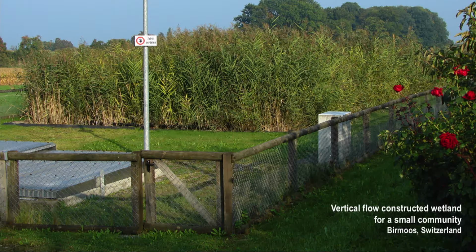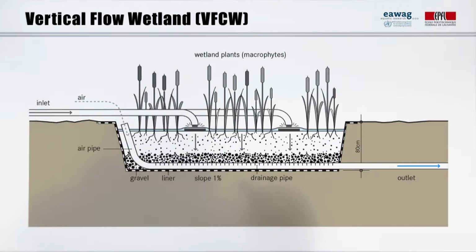This picture illustrates the last type of constructed wetland, the vertical flow constructed wetland, which is of course difficult to differentiate from outside. This is the most sophisticated and performant type of wetland. By injecting the wastewater from above the whole surface, the distribution is greatly improved. The water flows down and is collected by a drainage system. The important difference between a vertical and a horizontal wetland is not simply the direction of the flow path, but